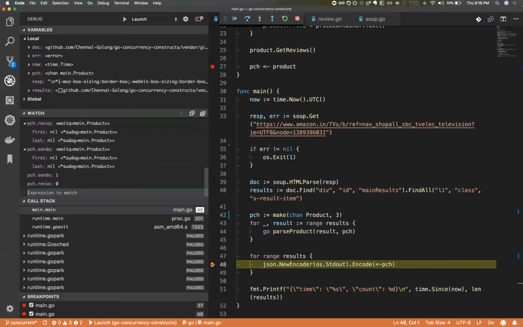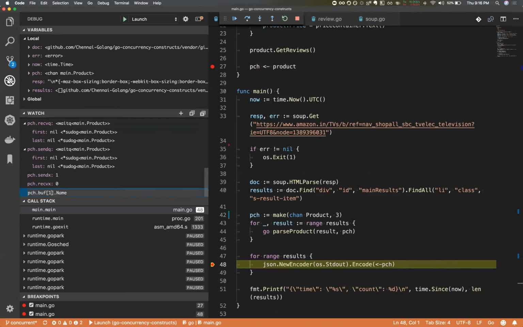Maybe I could do something like this: ch dot path of one. If I do that, probably I will get it. Yep. Whereas if I do one, I shouldn't get anything.